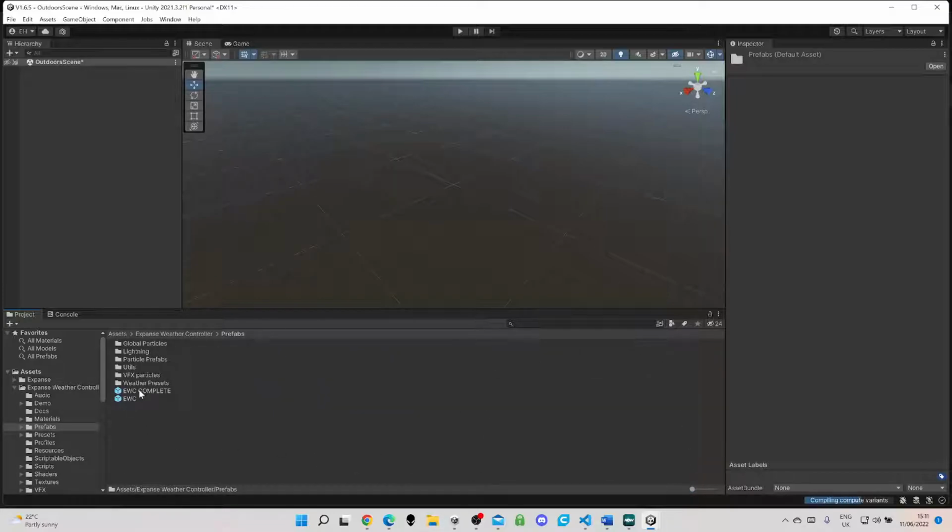One is a complete, which contains some assets required for the terrain shader I ship with it. But I'll first show you if you, for instance, already have Expanse Weather Controller installed. So if you don't want to touch any other things in your scene, for instance, if you've got a Expanse sky in there already, basically what you do is you drag this in,